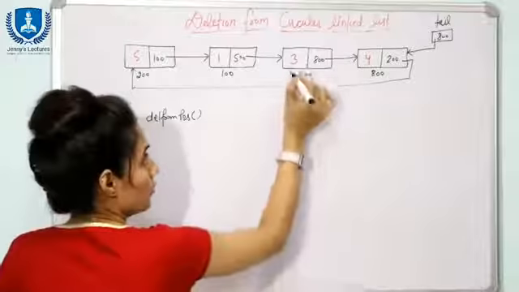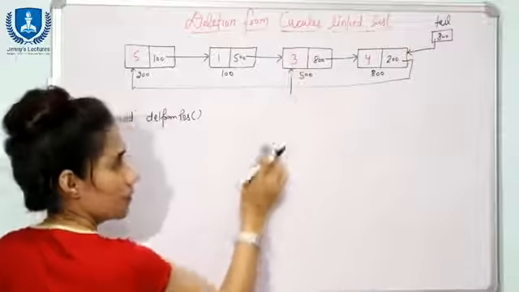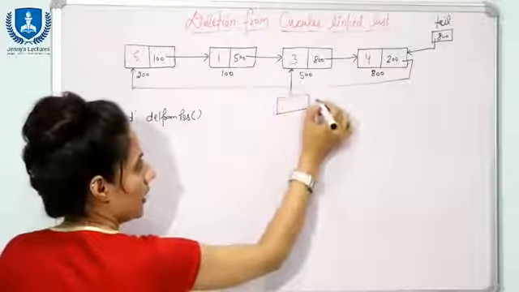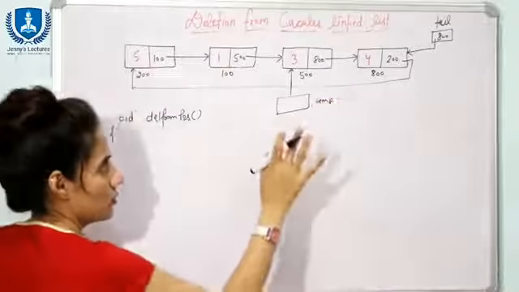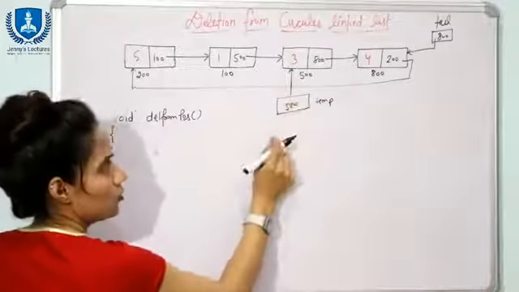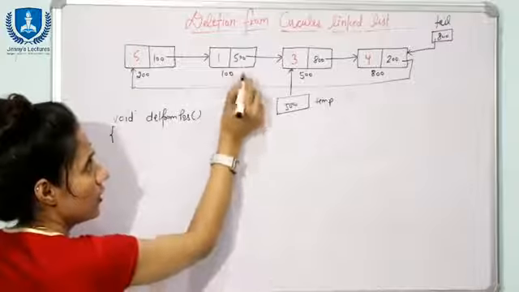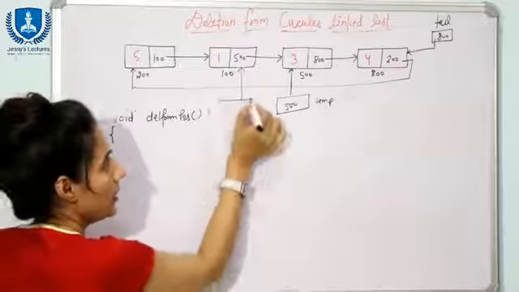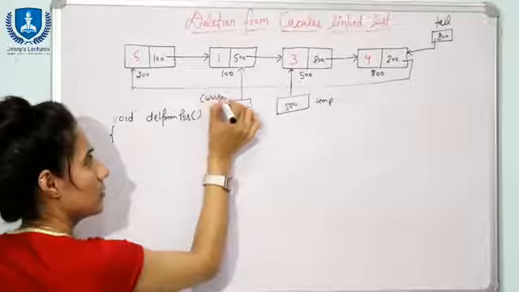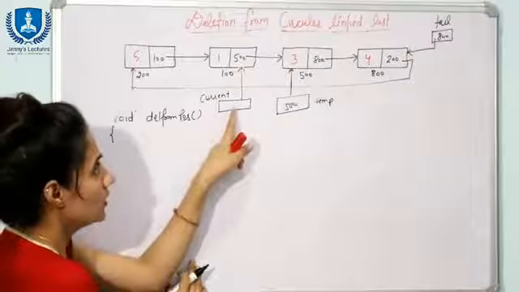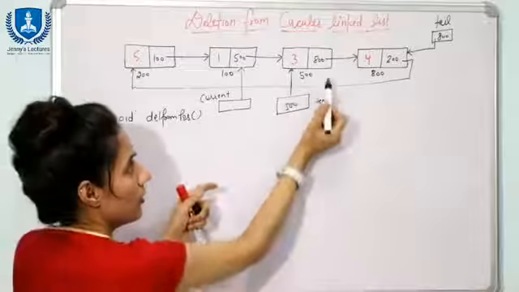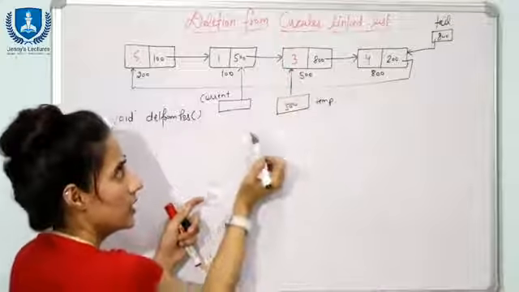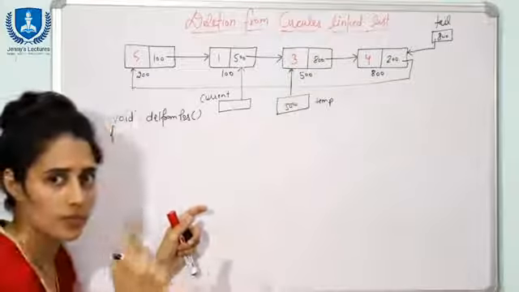So here also we need two pointers. Suppose we have a pointer to this node, right? After that obviously we are going to free this space, so you can say free of, and here I am taking the pointer name as temp, suppose. So now temp is pointing to this node, right? As well as we need another pointer, because we need to access this part also, and suppose here I have another pointer, you can say current. So we can say current of next is equal to temp of next, that is here I have now stored 800. So now this is pointing directly to here. We have broken this link, and now you can say free temp, right?